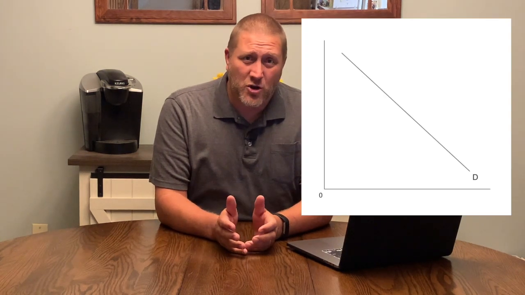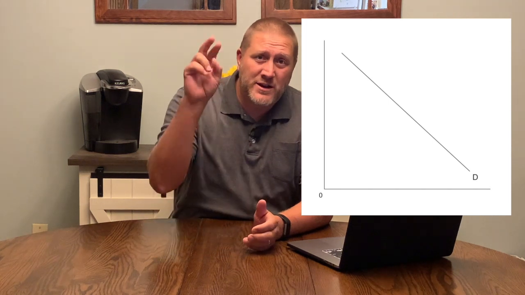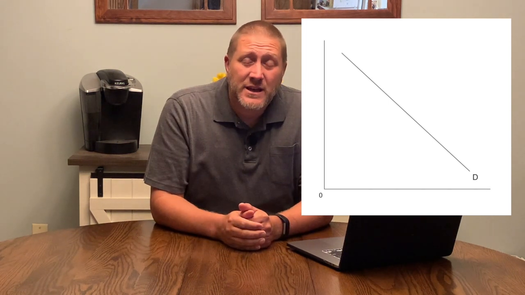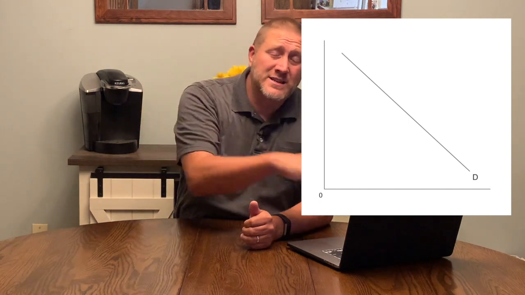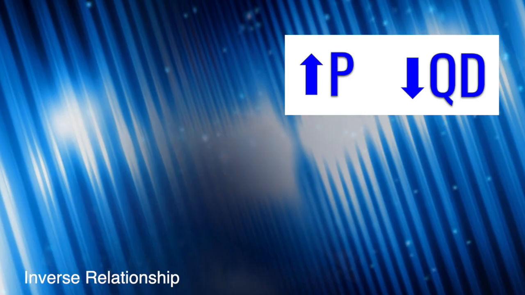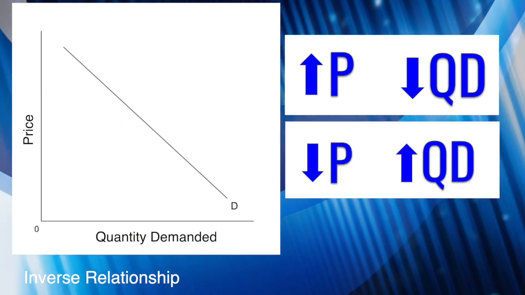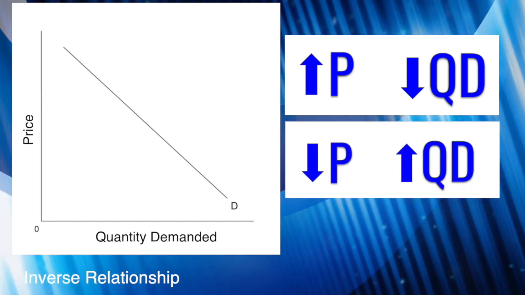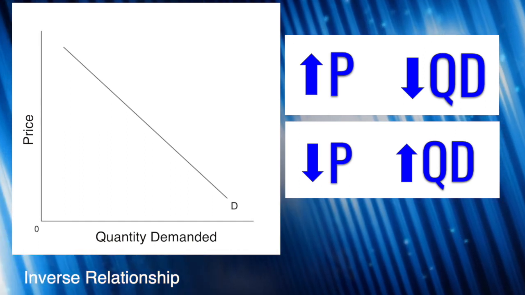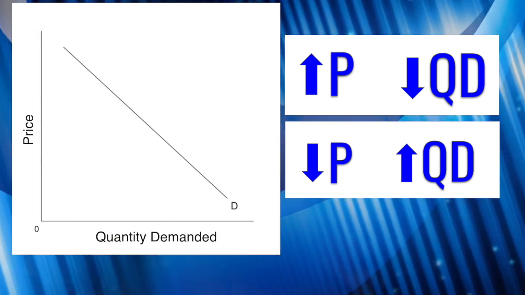When we look at demand, demand has a downward slope. So, if you climb up the y-axis, and then you move over, demand is going to go down to the ground. It's downward sloping. We do say that demand is an inverse relationship. When you actually look at the graph, as price goes up, the quantity demanded is going to go down. And when price goes down, quantity demanded is going to go up.